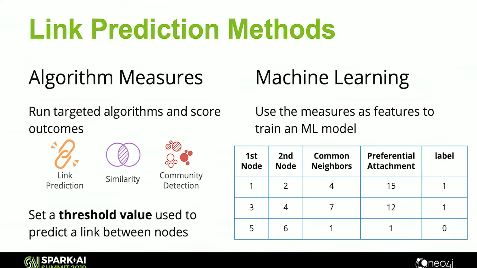As far as link prediction goes, there's a couple different ways you can do it, usually two main ways people do that, especially with graph data. They use either algorithm measures, where you have some algorithms that you think are going to show some predictive information, and I'm going to set a threshold value. If I get a value above X, then I assume that there's going to be a link or relationship there, and if it's below, then I classify that as not having one. With machine learning tools, what people often do is they use those exact same measures, but then they feed them into a machine learning pipeline, like a random forest and some kind of classifier.